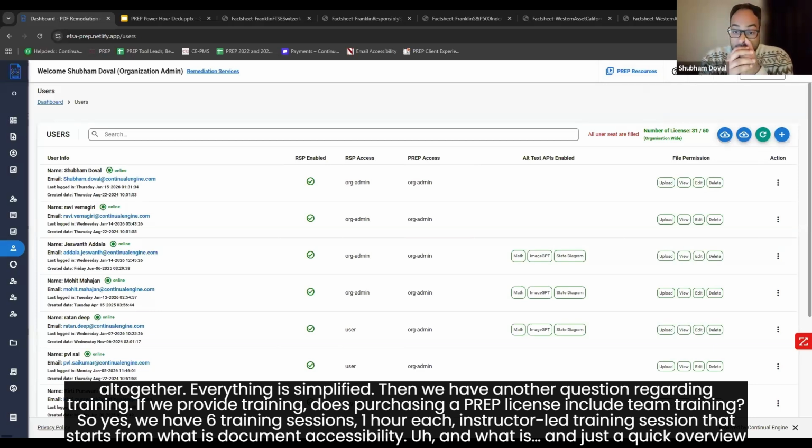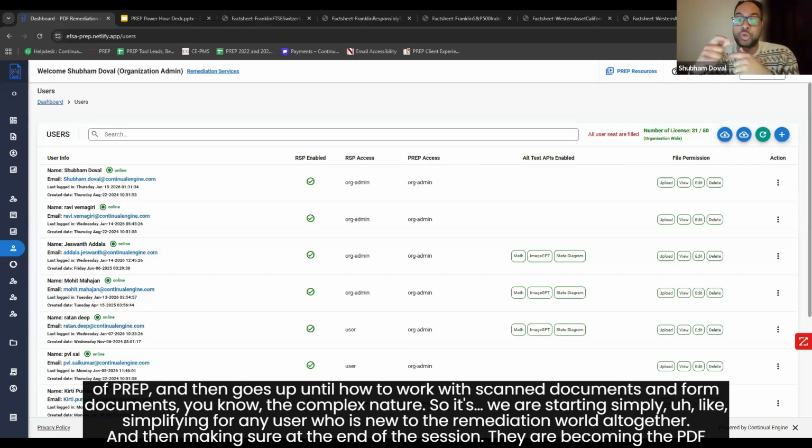Then we have another question regarding training. If we provide training, does purchasing a prep license include team training? So yes, we have 6 training sessions, 1 hour each, instructor-led training sessions that start from what is document accessibility and just a quick overview of prep, and then go up until how to work with scanned documents and form documents,